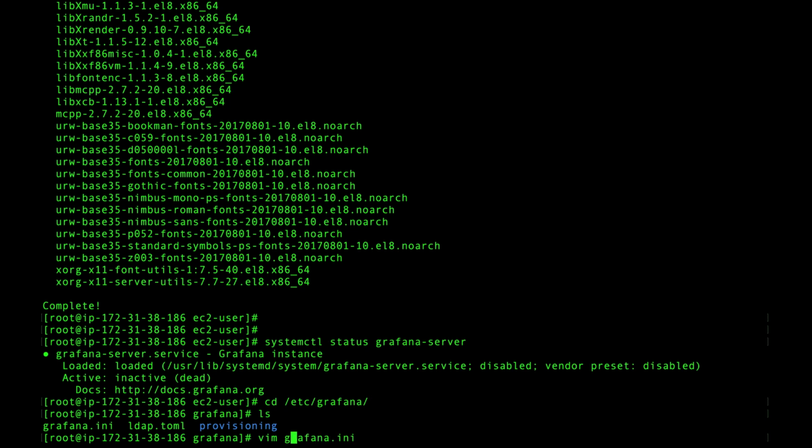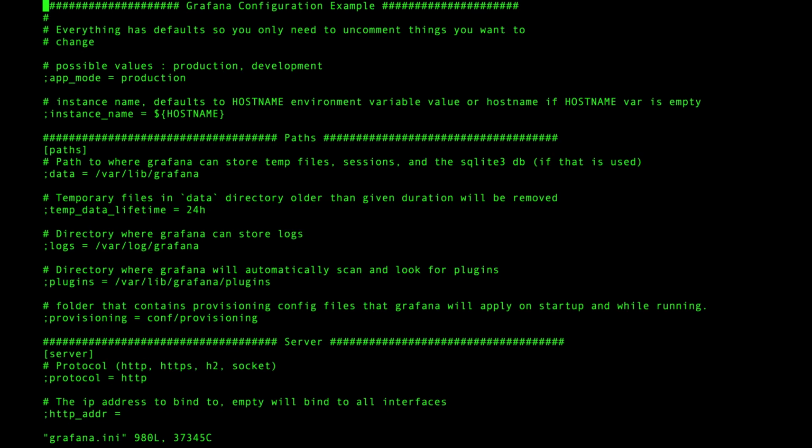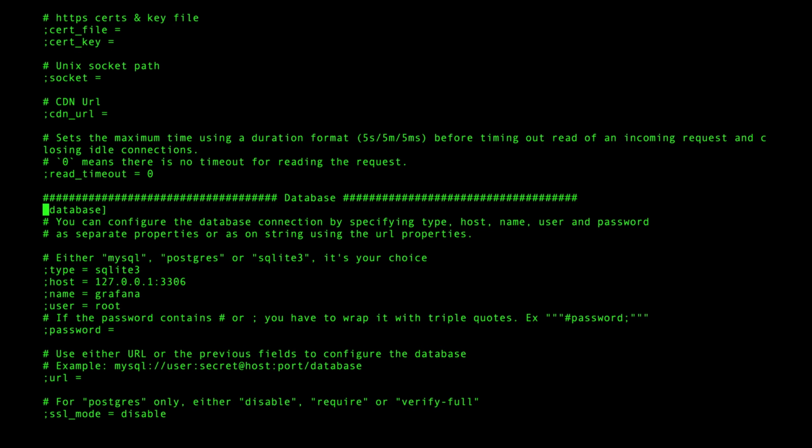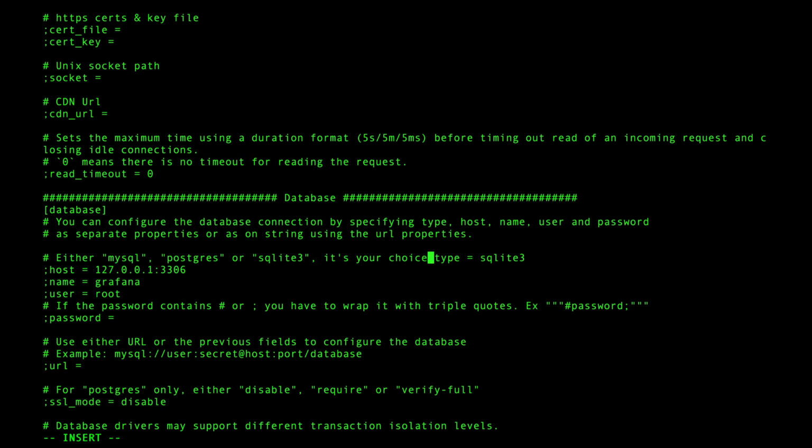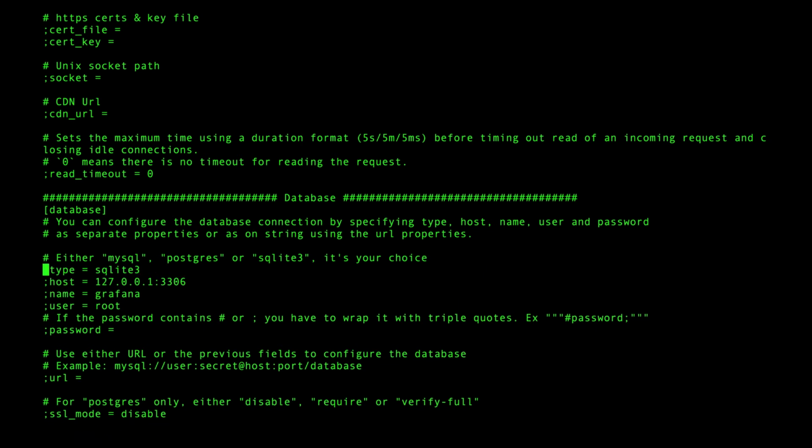Sorry, Vim is not installed on the machine, so I will go with vi, which is installed by default, and I will jump to the database section. Okay, I will quickly uncomment 5 lines: type, host, name, user, and password.